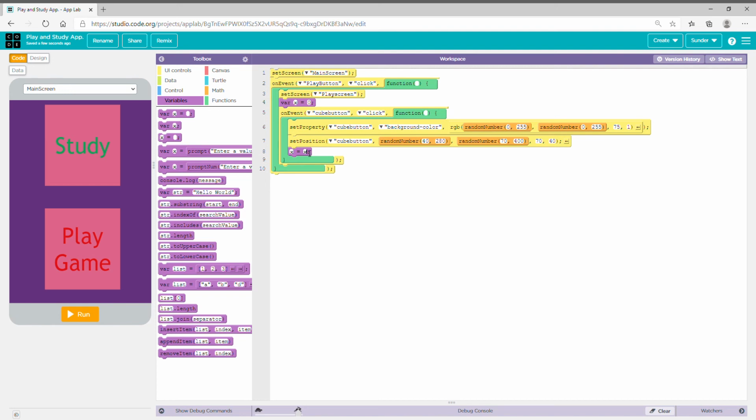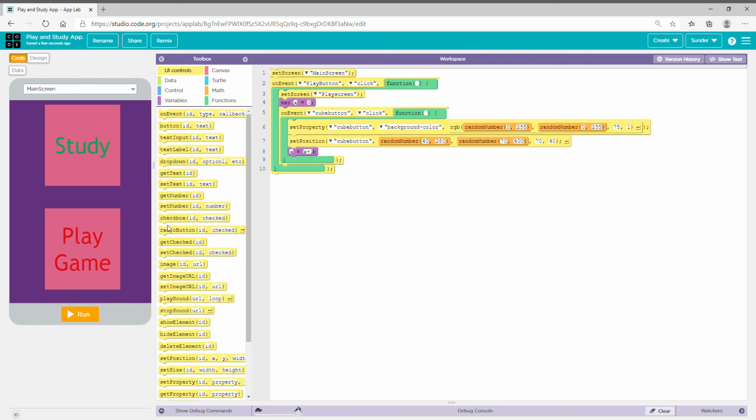Means we have made a variable x, and now we will take x plus 1, means the score plus 1, and take set number to what is score, that I have made a